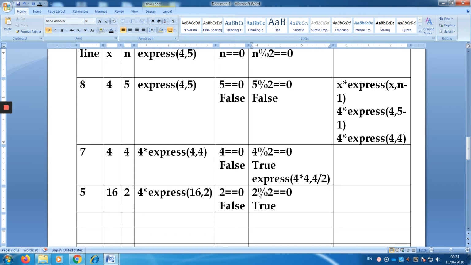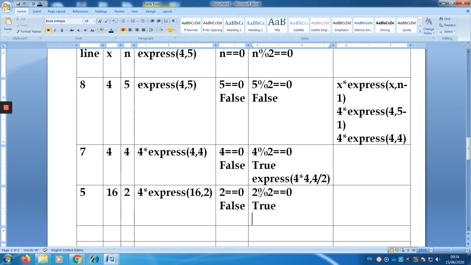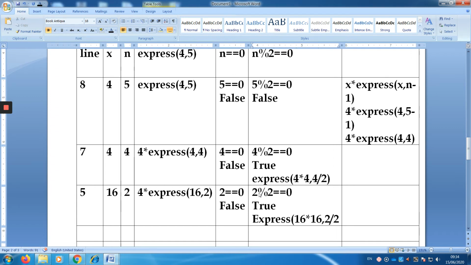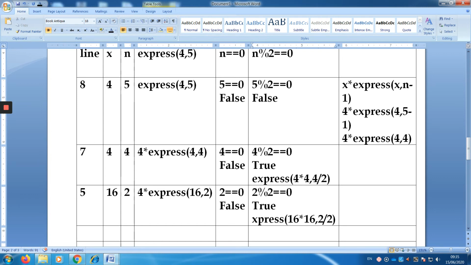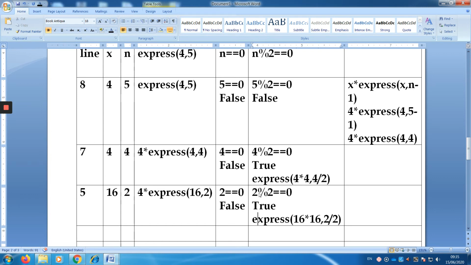So when you divide 2 by 2, the remainder is 0. Expo of the current x value, 16 into 16, comma 2 divided by 2. This is what the current x value and n value are.